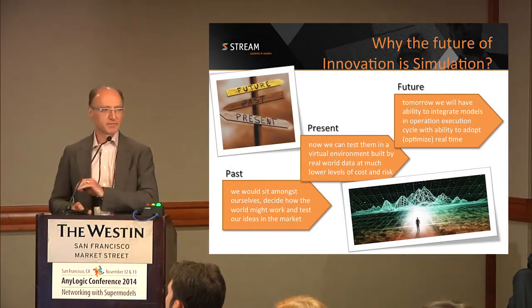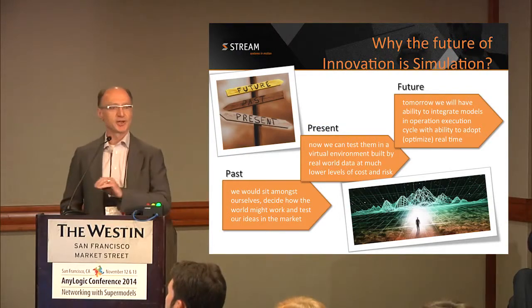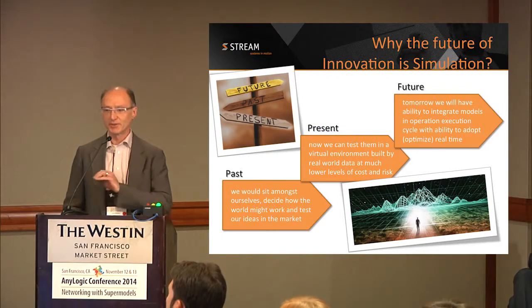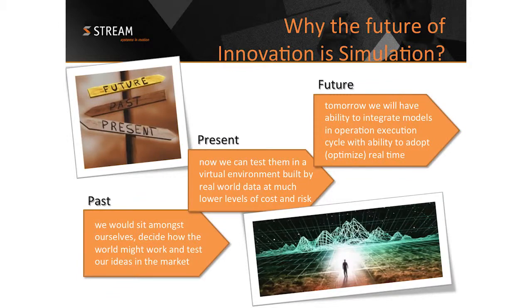I mentioned earlier about the frontier. So we're at the frontier as practitioners of simulation and optimization work. In the past, we had static spreadsheets. We looked backwards. We looked at how the world was. Today, we're looking at how the world is. Simple simulations: how will the world look in the future?